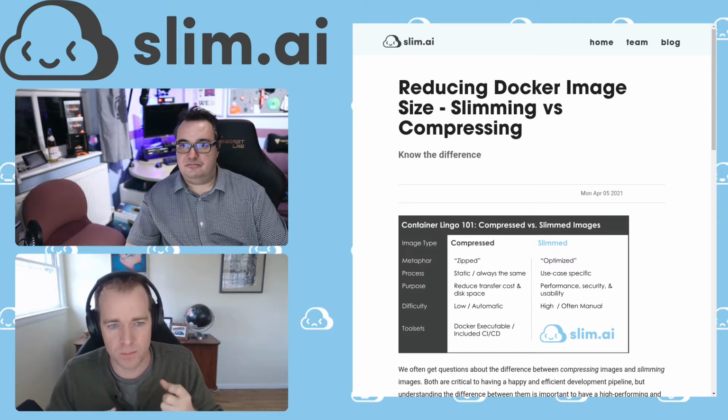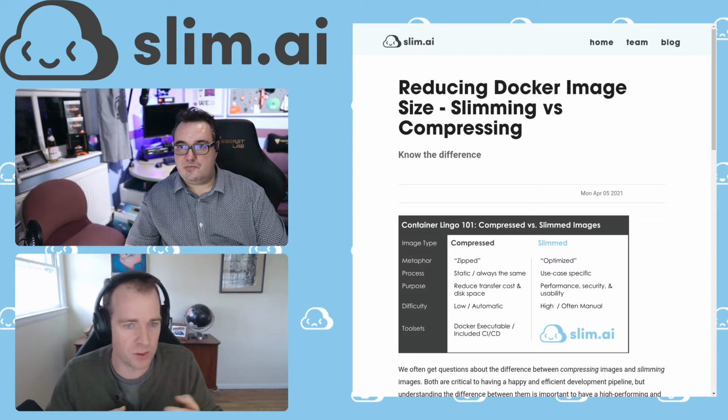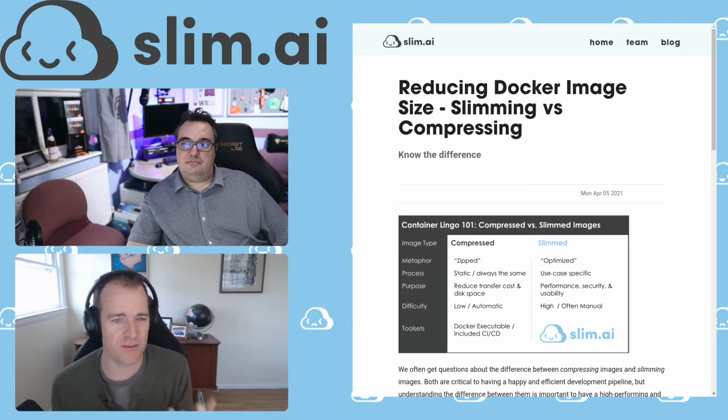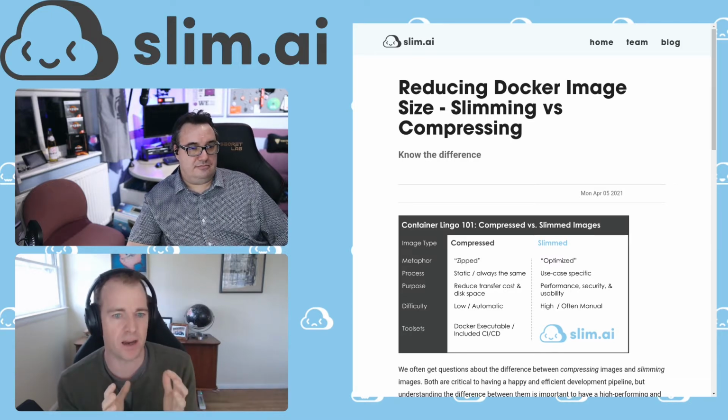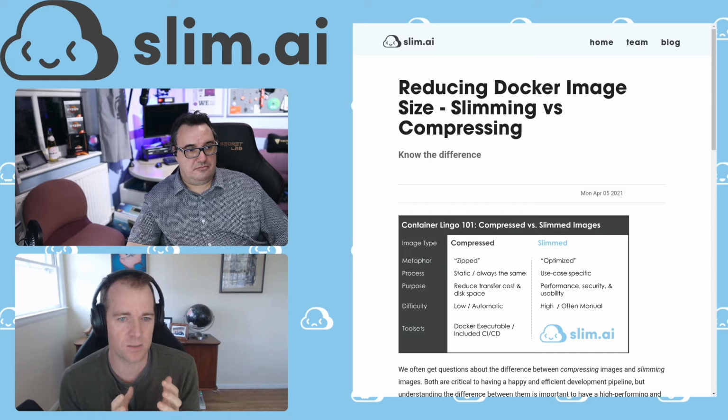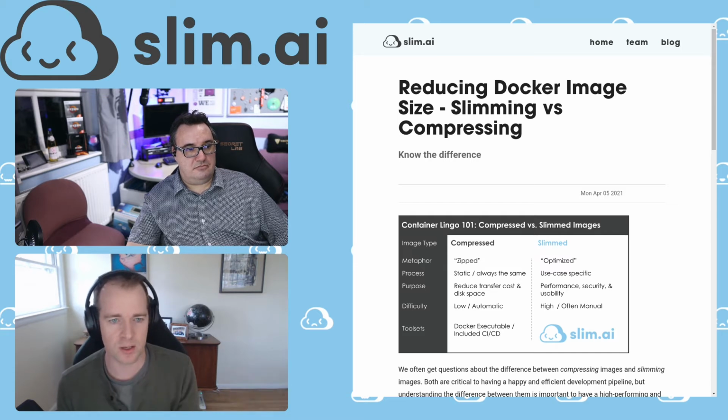So that's a very prescriptive process, and we're building tools and technology to help with that, as compared to just compressing, which is effectively the same thing as zipping a file, right? You're just making the image that comes out, or the container that comes out of the image, smaller, and you use that to transport it across your different stages in the CI/CD, and that's an automated process that happens. It's built into a bunch of tools.